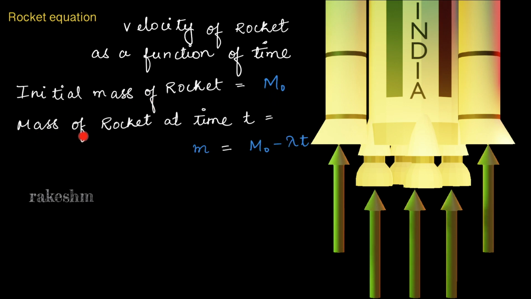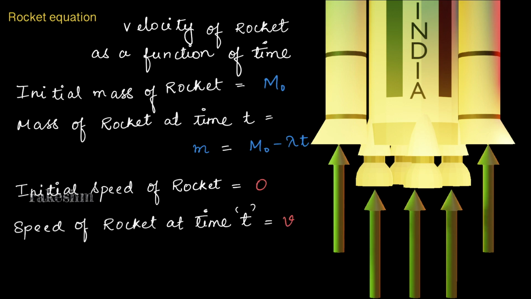We will take the mass of the rocket at time t as small m, which is nothing but m0 minus lambda into t. We have discussed lambda is the rate at which the gas is burned per second. So if the rocket loses lambda kgs per second, after time t it will lose lambda into t kgs. So at time t its mass will be m0 minus lambda into t. During launch, let us take the initial speed of the rocket as 0